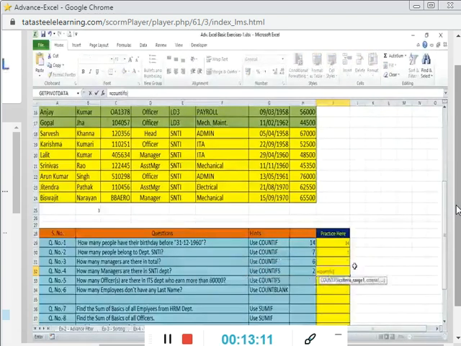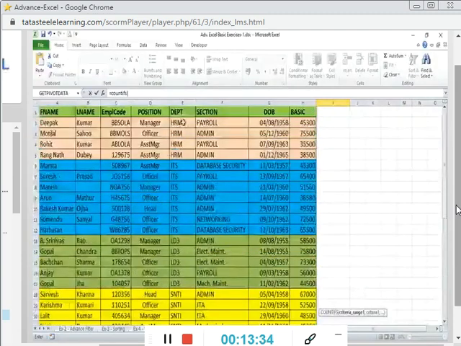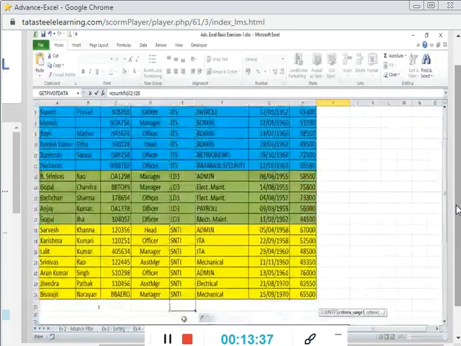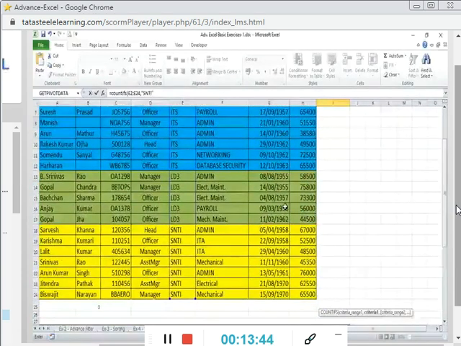Open the bracket. Now see the syntax, criteria range followed by the criteria. So we will take the first criteria range followed by the first criteria and then second criteria range followed by the second criteria. This will be the sequence of writing the range and criteria. So what is the first range? We have to take department and then position. So select department first, put a comma and then write SNTI as the criteria within double quotes.